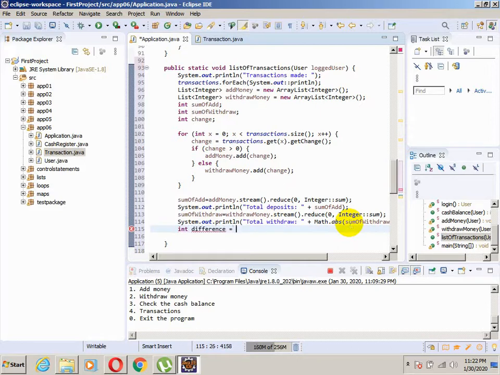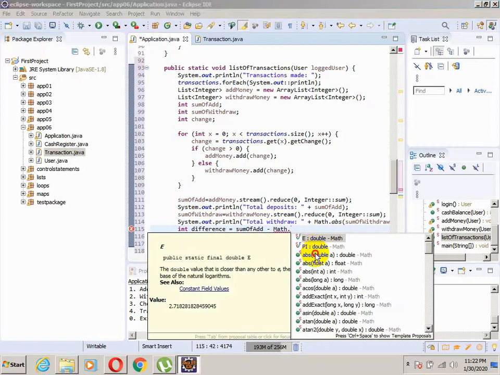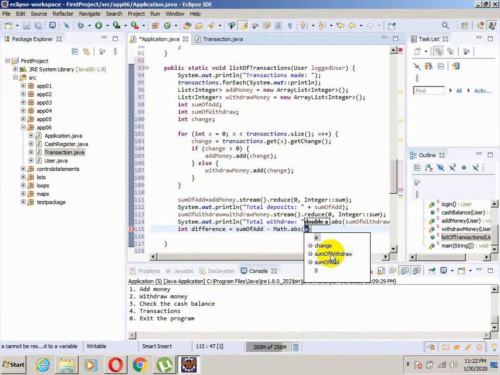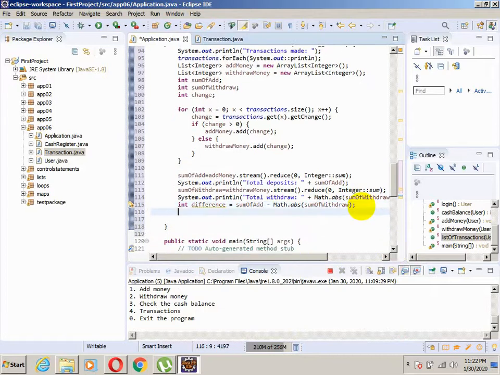It will be equal to the sum of add minus the sum of withdraw, but we need the absolute value, Math.abs, of the sum of withdraw. Okay, and now for example we have a difference, and if